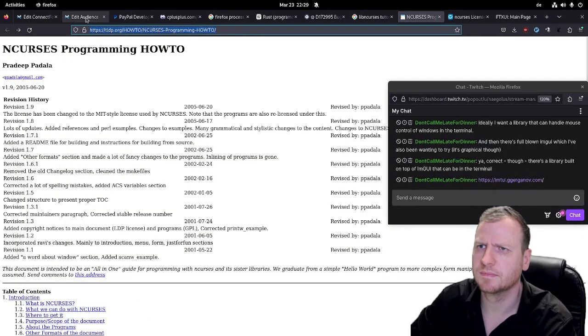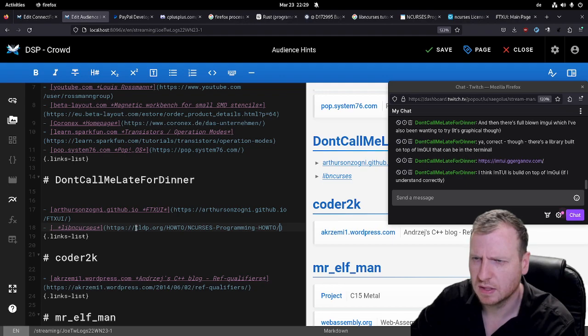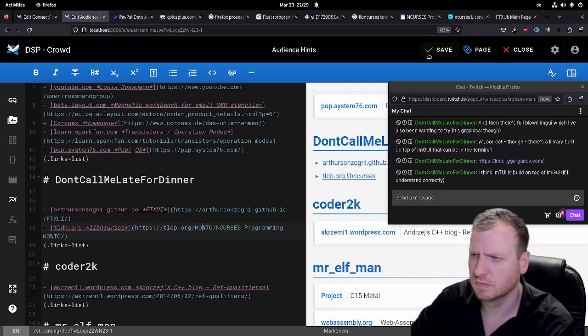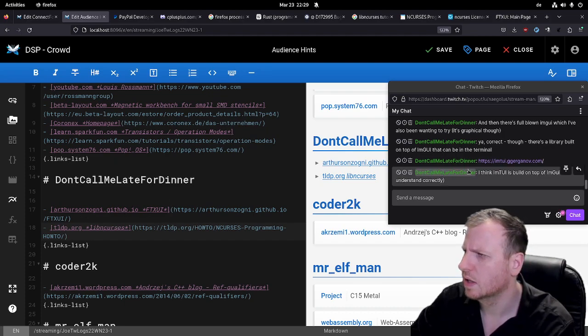Yes. This. Oh, why is this not working? Come on. There is some error. I think it is built on top of